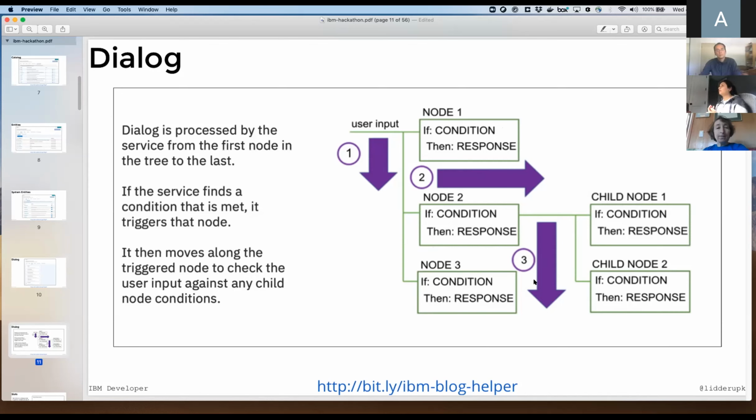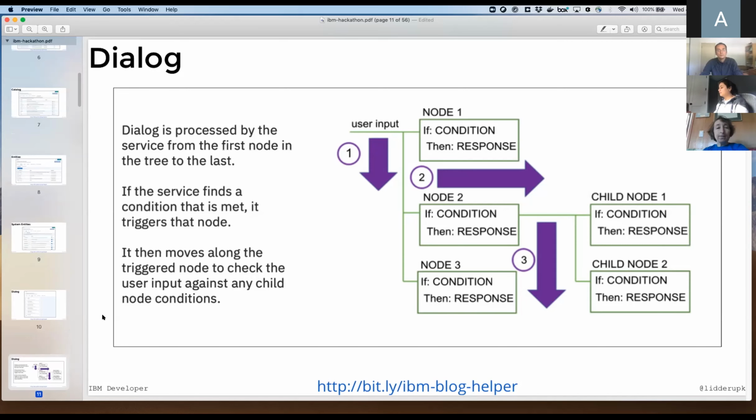For example, if somebody asks about location, then you could have a child node about something else on location. I'm having a hard time coming up with this example on the fly, but if somebody asks about hours of operation, you could have a child node about different stores and what hours they're open. I hope that makes a little bit of sense, but I think it'll make more sense once I show you an example.